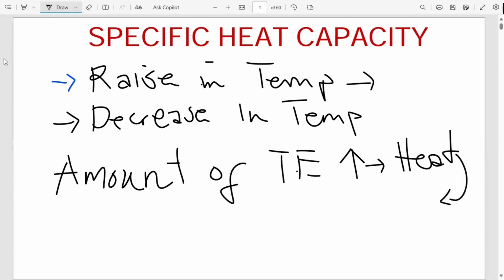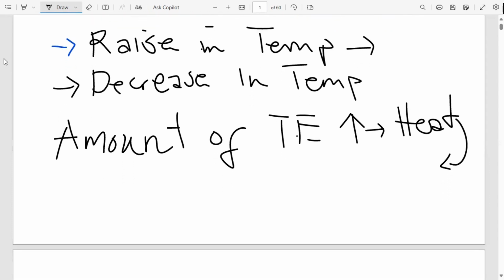But if we want to be specific, and that's how I'm going to define specific heat capacity, we already discussed what this is when we were talking about water. We said one of the unique properties of water is that it has a high specific heat capacity. And what does that mean? That means we're going to define this term, specific heat capacity, as the amount of thermal energy, this is just heat capacity that I've written on top here, that is required